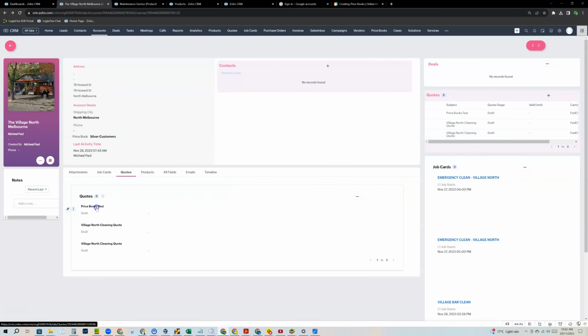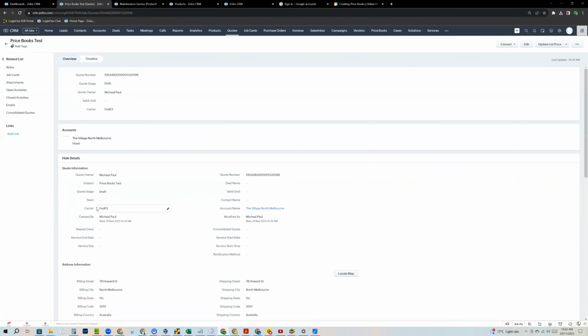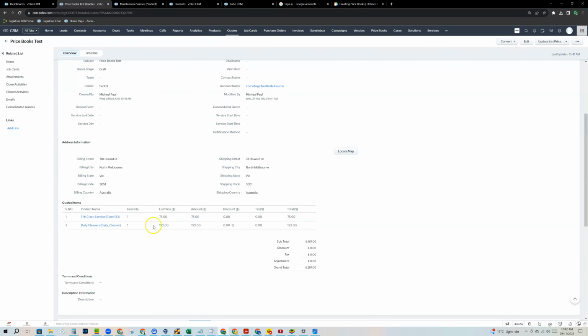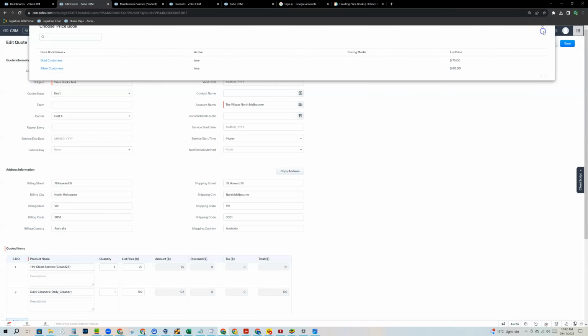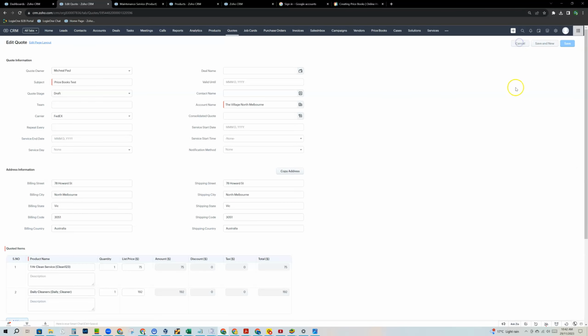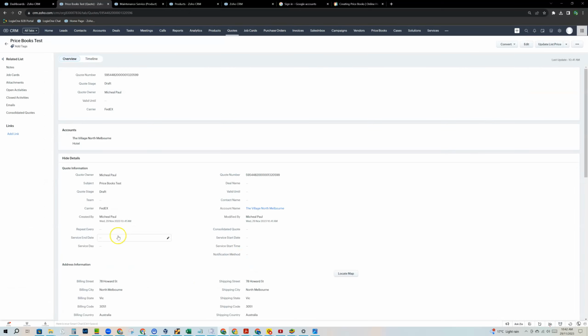And so now what I can do is come into my quote, and if I wanted to change all these prices to be silver, I'd have to edit this. I'd have to come in here, click the little swing tag, and then select silver, okay? But with our price list updater button, we don't need to do that because we've associated this account to the silver price book. I can basically come here, click this button, which gets installed when you install our plugin, update list price,